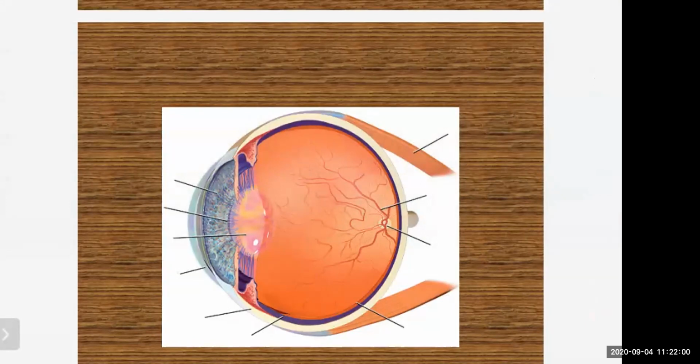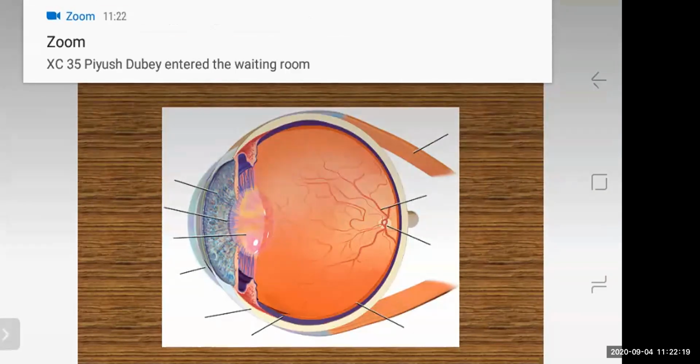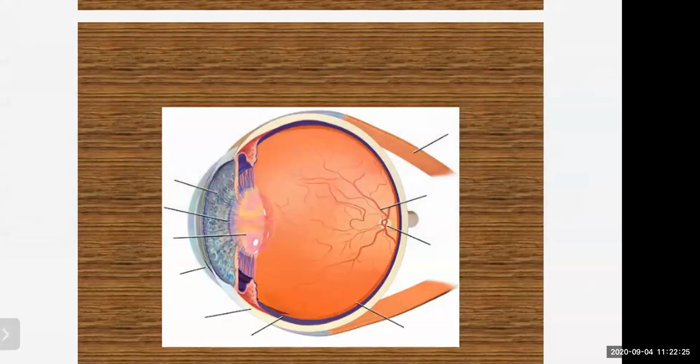There is a dark fleshy screen behind the cornea. This is called the iris. Can you see the iris in the diagram, students? So how is it? Dark fleshy skin. That is called the iris. Understood? Then the color of the iris is different for different people. You can see the color changes from person to person. Sometimes blue, sometimes green, sometimes black, sometimes brown.